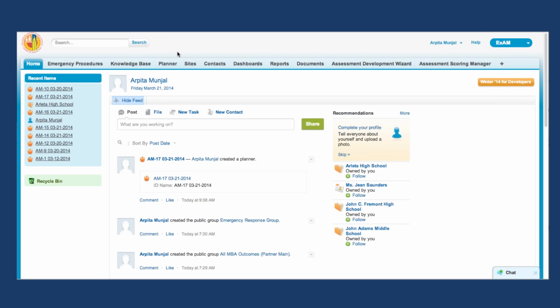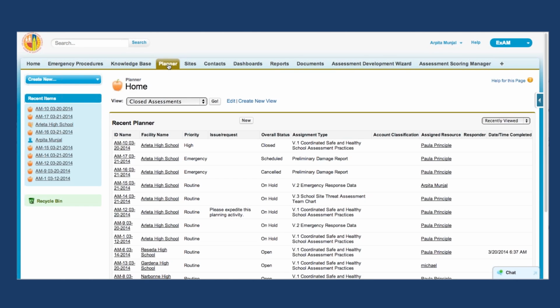So the planning process starts in what is conveniently called the planner. And this tab allows the person responsible for administering these plans to have real insight into everything that's going on at a given point in time. So, you're used to assigning a specific planning effort out to all the folks in your organization. It's a big, complex organization. This gives you insight into all of those assignments, lets you know overall status, priority,